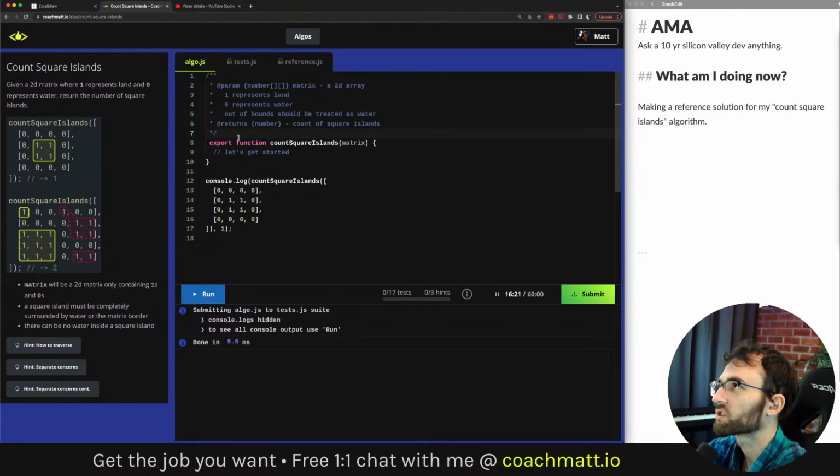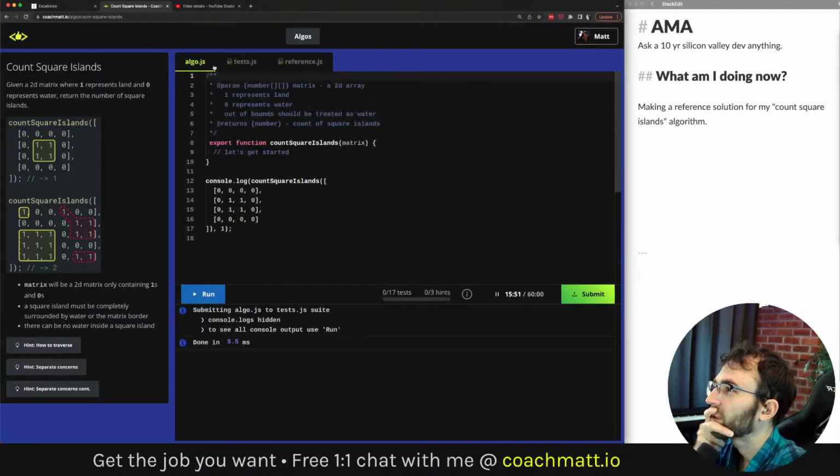So instead of just searching for an island of arbitrary shape, we're searching for a square island, which may sound easier, but often is harder for people. This question has about a 30% pass rate, which is honestly a lot lower than I thought when I came up with the problem.